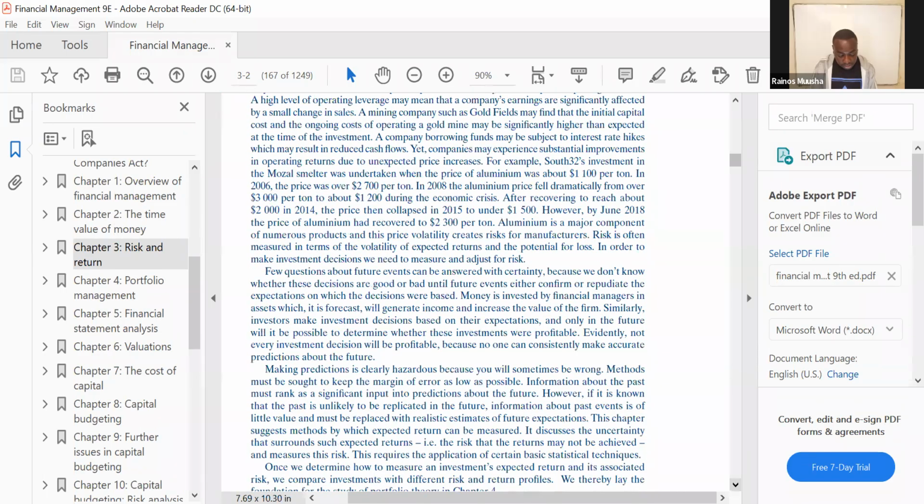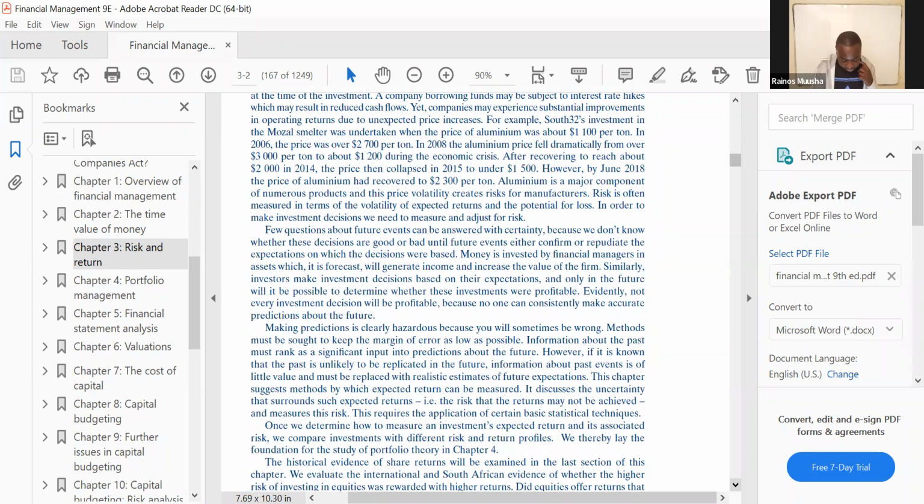So which means in this case, if you check on the next paragraph, they say few questions about future events can be answered with certainty because we don't know whether these decisions are good or bad until future events either confirm or repudiate the expectations on which the decisions were based. So money is invested by financial managers in assets which it is hoped will generate income and increase the value